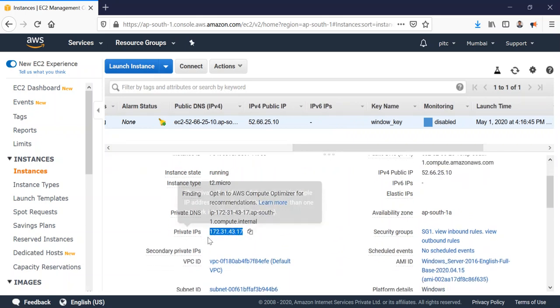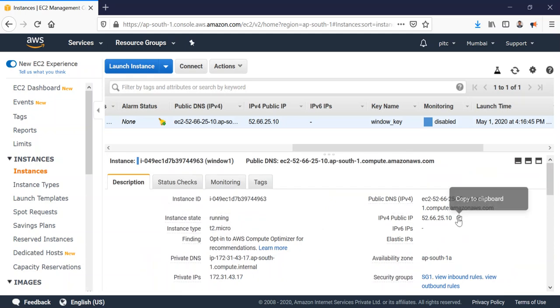So a machine will have two IPs, public and private. Whenever you want to copy something, you can see a small icon here, just click on it and it will be copied. You don't have to select and then copy, just click the copy to clipboard button.